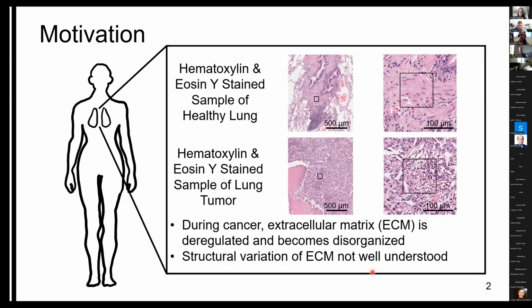So for instance, during cancer initiation and progression, the extracellular matrix, which is a large network of mostly collagen, proteins, and other molecules that surround, support, and give structure to cells and tissues in the body, becomes deregulated and disorganized, which can be seen here. We have an image of a normal lung tissue and cancerous lung tissue. And actually, the structural variation of the extracellular matrix in diseases is not well understood and is quite difficult